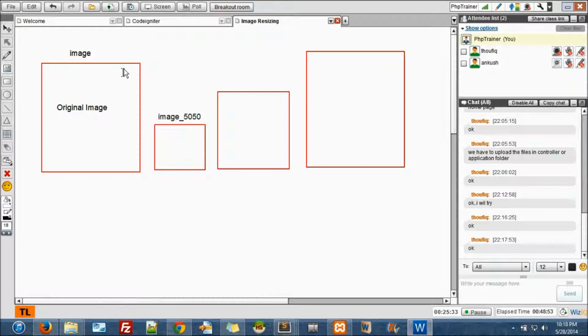The name of this will be image 100, or let's say 100. If tomorrow you are changing it, let's say 100 by 80, name it as 180. It's up to you. I don't have any restrictions on the naming of images, but this makes sense, like tomorrow you can pick them up easily. So this is image 150 150.